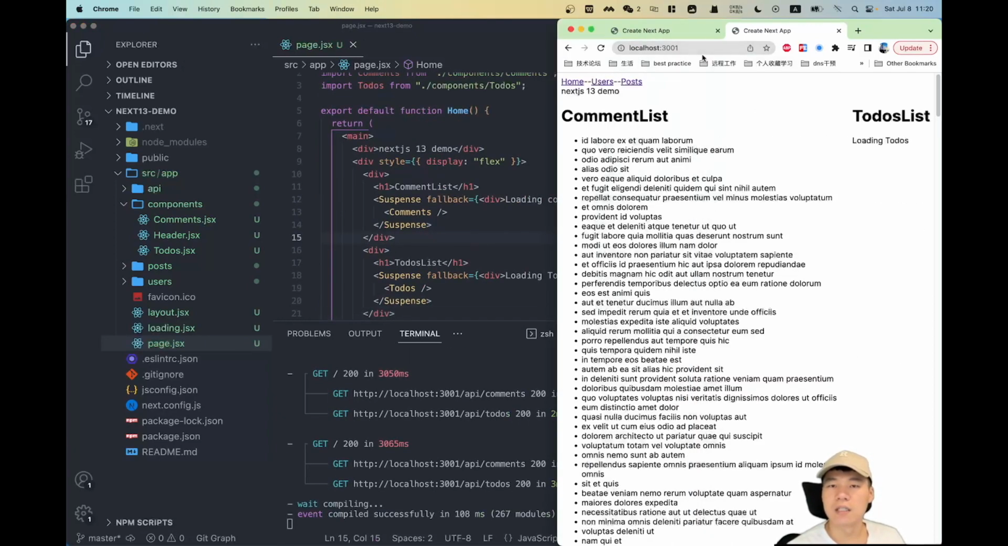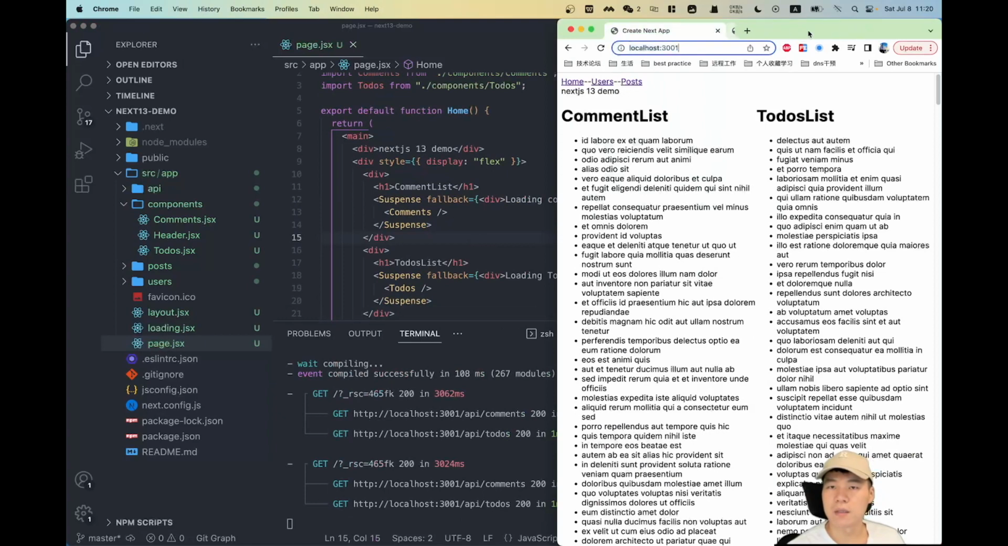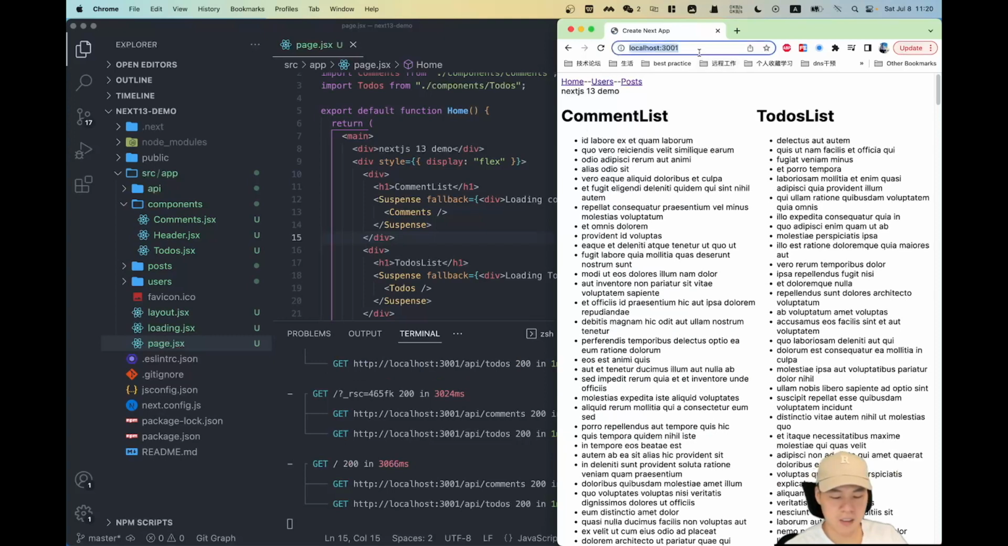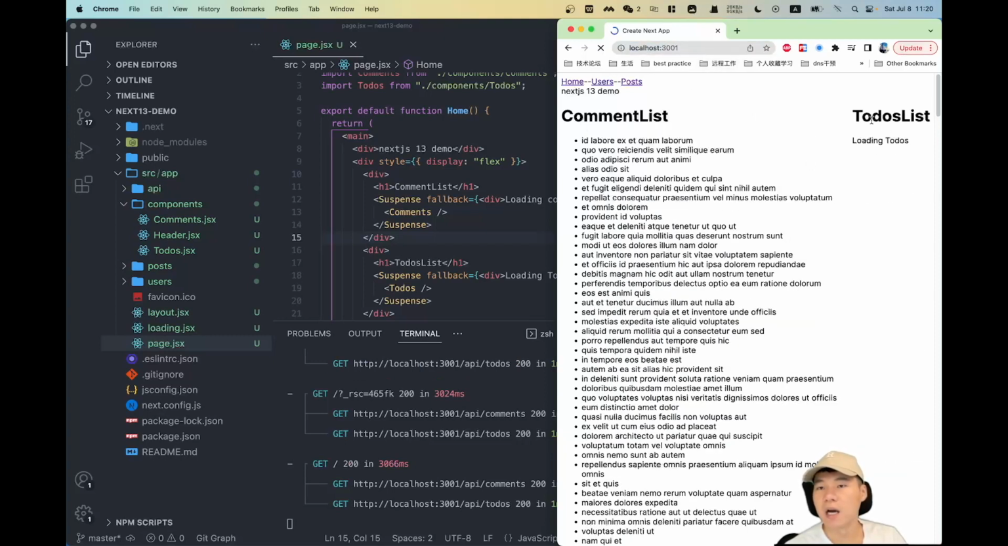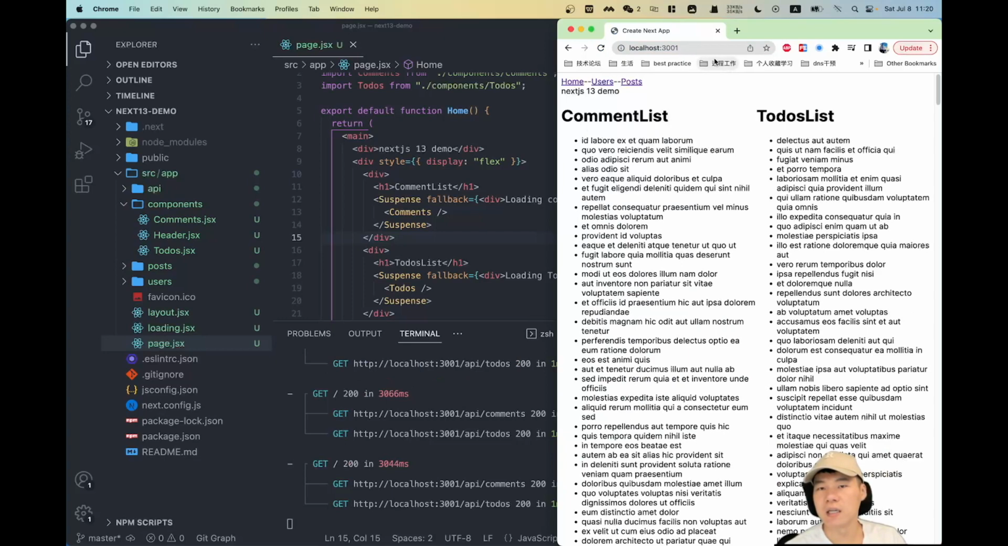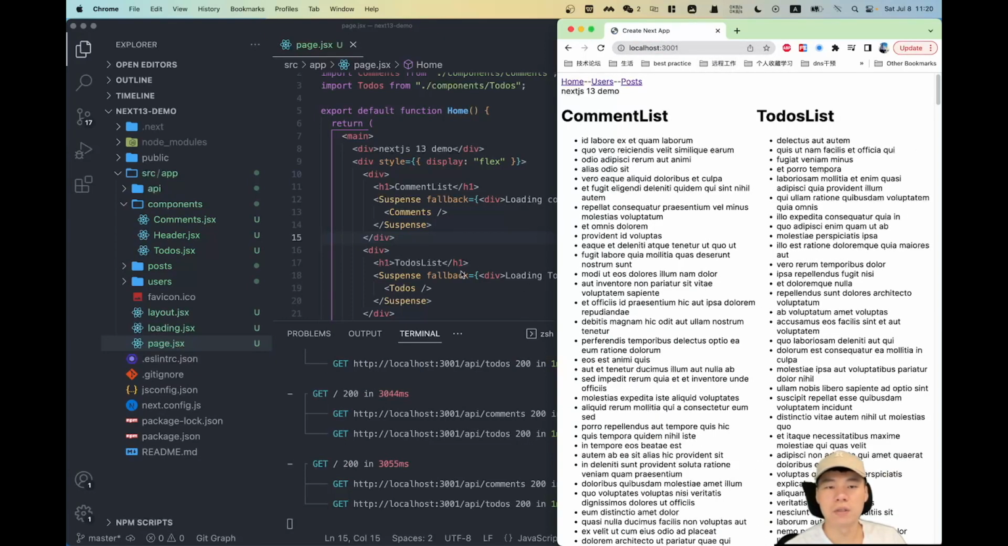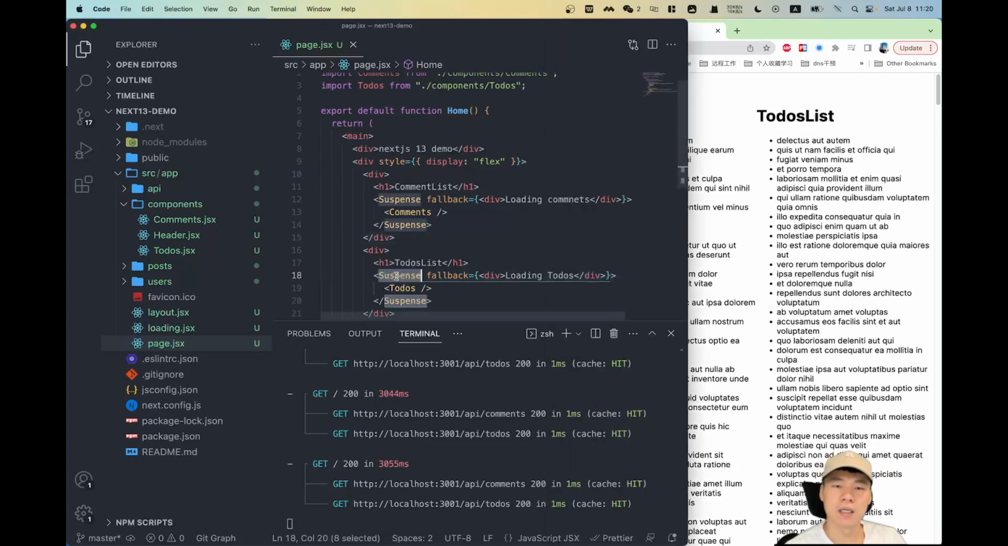As you can see right now here, the comment list is loaded. The comment list has loaded immediately, and the to-do list takes 3 seconds. It's loading to-dos because we wrapped the to-do component in a Suspense component, and then we have a fallback loading here,